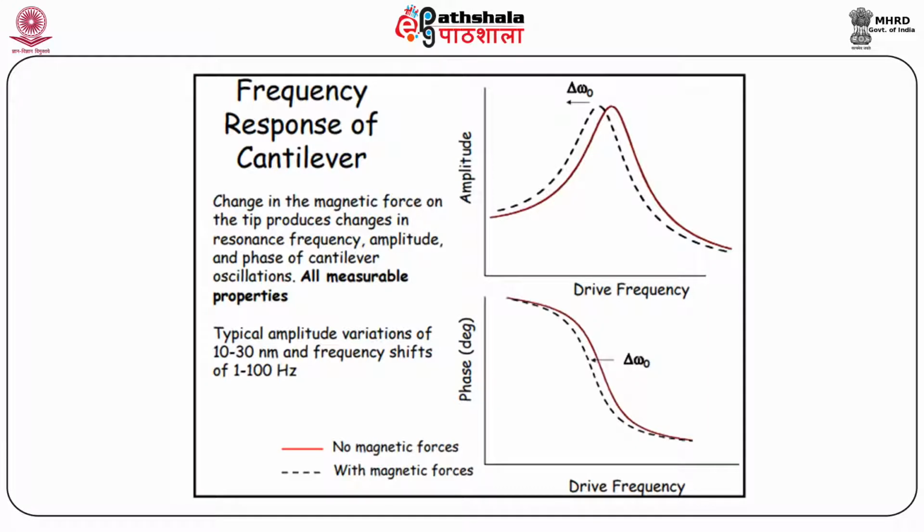All measurable properties can possibly be measured here. Typical amplitude variation of 10 to 30 nanometers and frequency shifts of 1 to 100 hertz can be observed. And here in the figure, red lines indicate no magnetic forces are there, and dashed or dotted lines indicate the